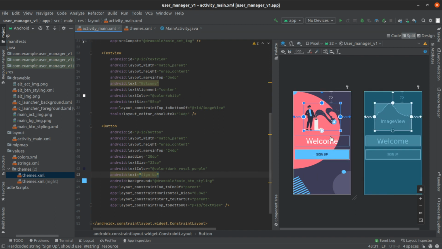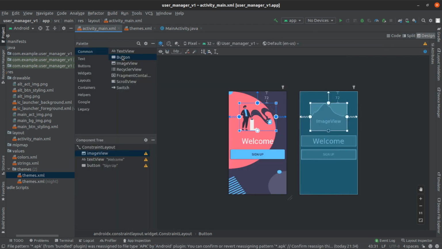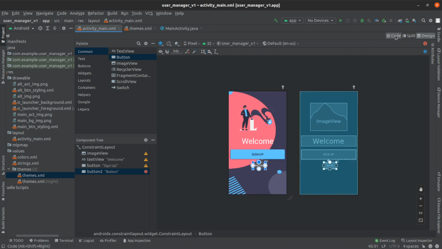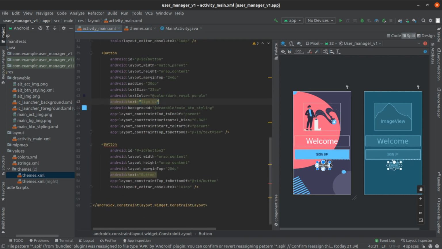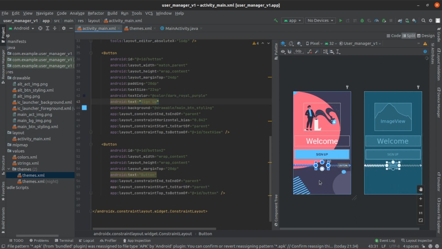Okay, now we're going to create a button for the sign up page. So again, I'll come back to design, and then I'm going to drag another button and place it there, and then constrain this particular button to the sign up button and just drag it down just a little bit. Okay, so let's come back to the code, or let's just split it. So now that I've done this, I'm going to constrain it to the left and then constrain to the right. Alright, so now that we have that,